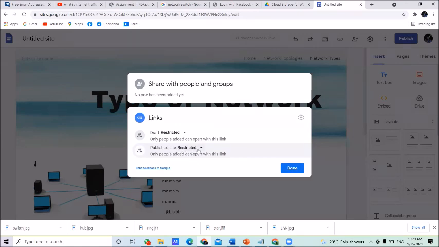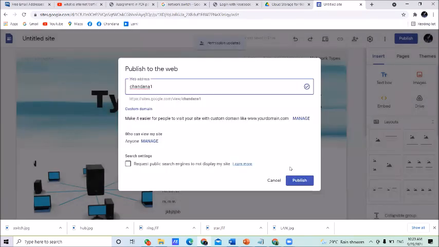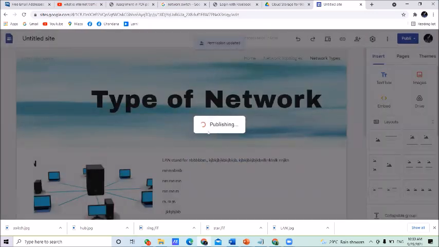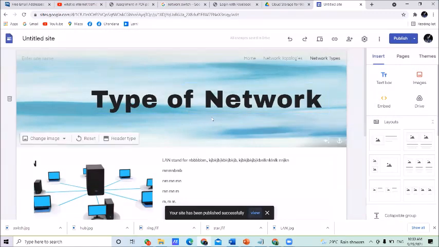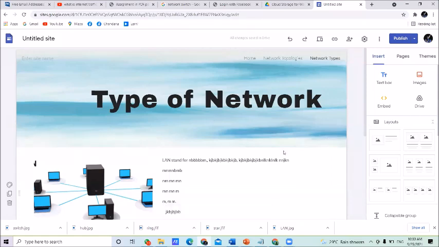You want to change this to public. Then done. Then you go back to that publish to the web box here. Click on the publish button. Then it is publishing. Now you can share that particular link to my WhatsApp.